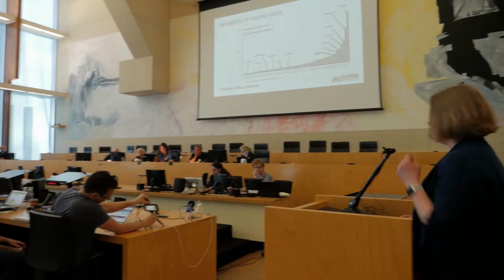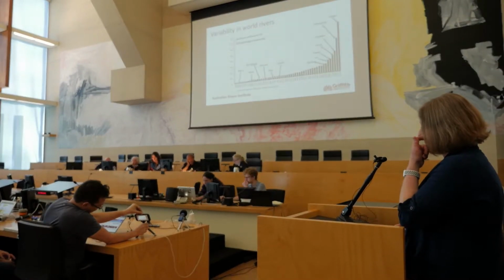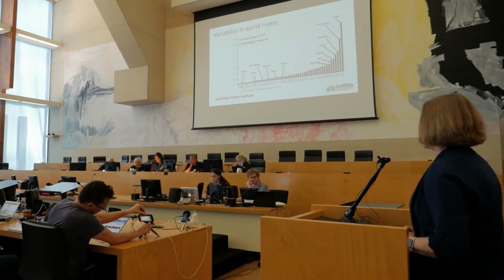Okay, so as a river ecologist, I've been working on the Darling in an ecological context since 1990 with a number of different projects. And what I wanted to do today was take a much broader spatial look at the impacts of flow diversions and irrigated agriculture on the Darling. So rather than just going down into quite detailed numbers, to take a landscape perspective to what we're actually seeing.